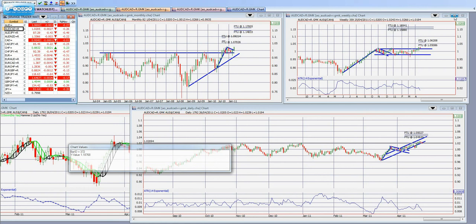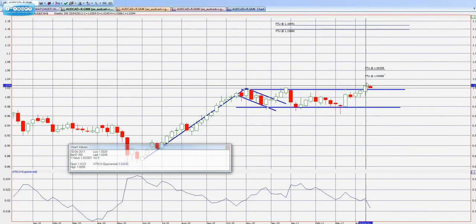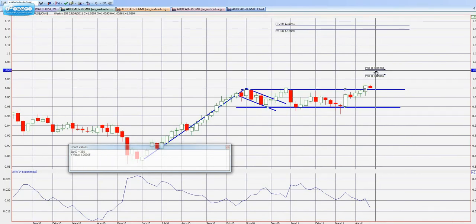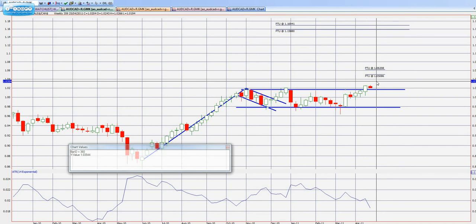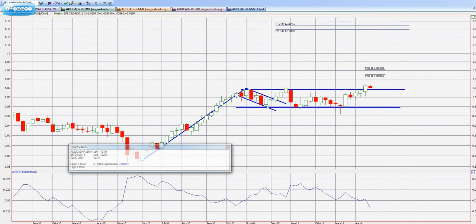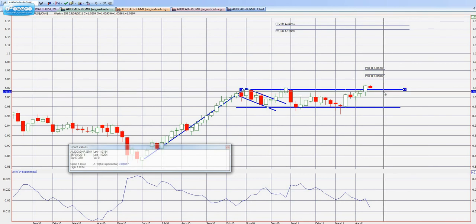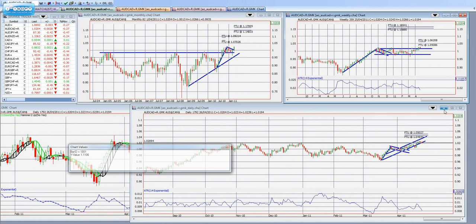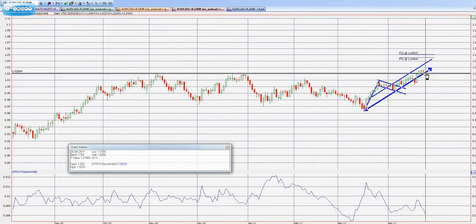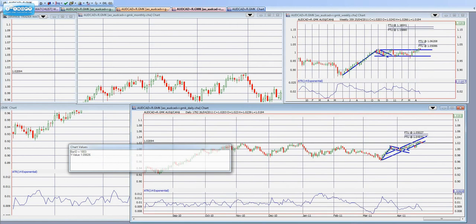Now just last week we had a good break here on the weekly, giving us a target of the 105 to 116. So we're expecting the Australian dollar to gain in value. So that trade I have on, and obviously having a stop roughly below there, roughly at the 101 level would be good. So there's good pippage in that. The daily looking like it wants to break this level, so we'll just have to keep our eye on it. But let's just quickly go to the